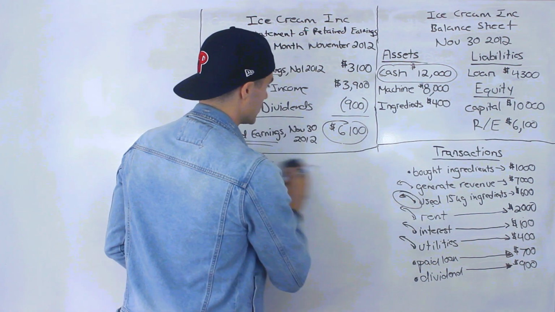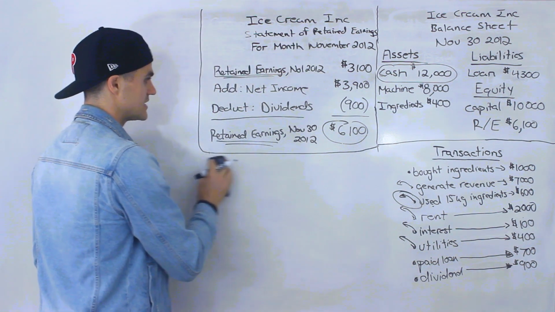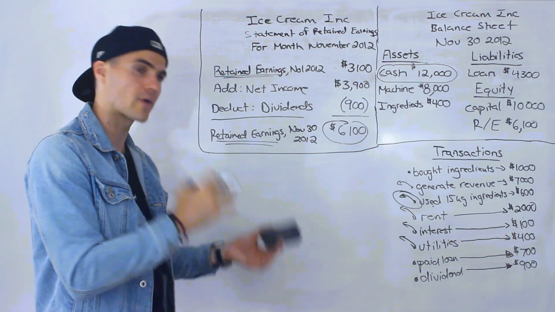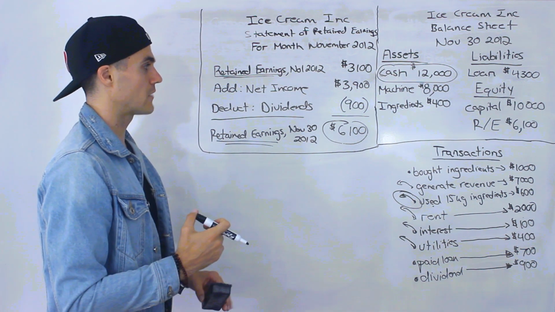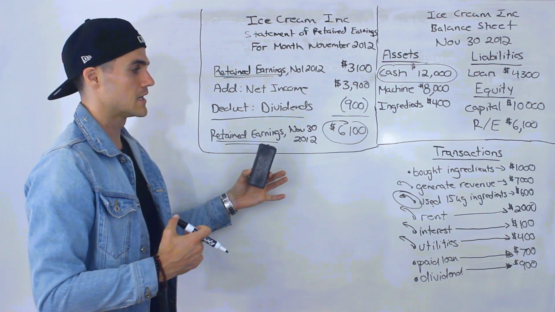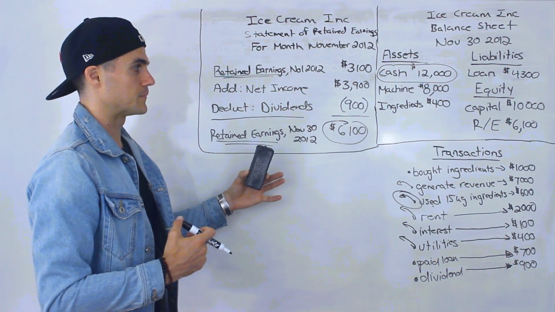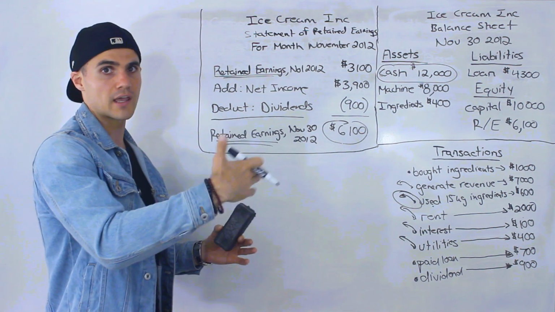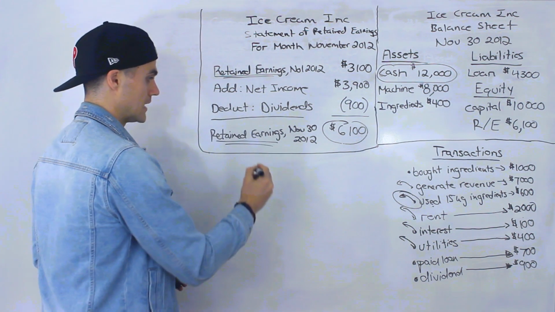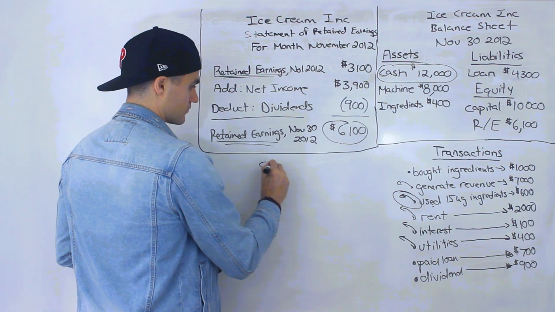Now this is going to be very general. We're going to get more into detail with a cash flow statement. There's actually two ways to do it. There's a direct method, there's an indirect method. The method I'm going to show you now is going to be the direct method. But even with the direct method, we're going to get into more detail. There's going to be more categories, etc. But in general,